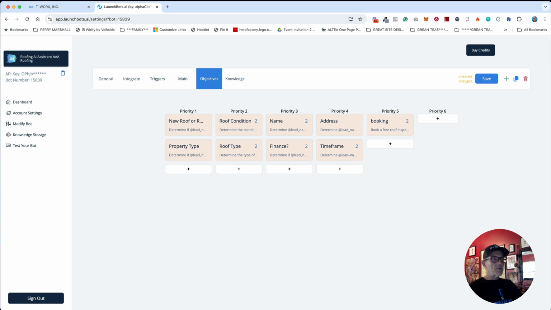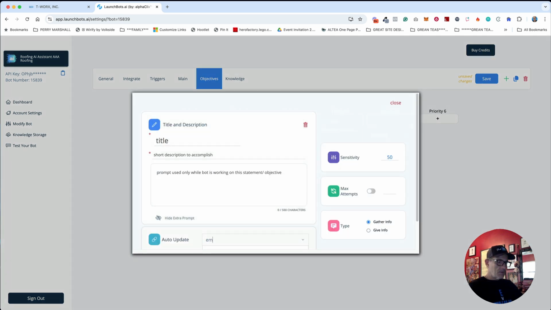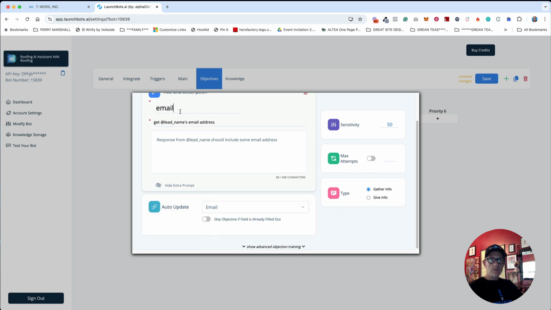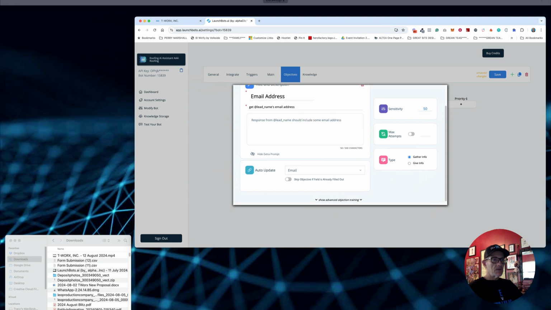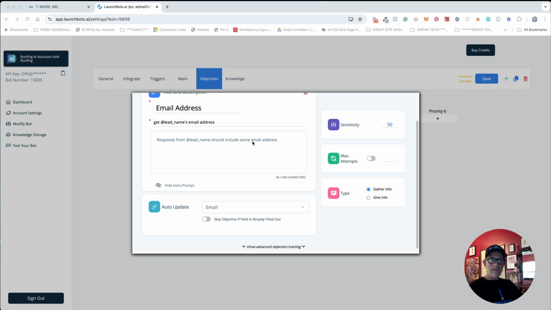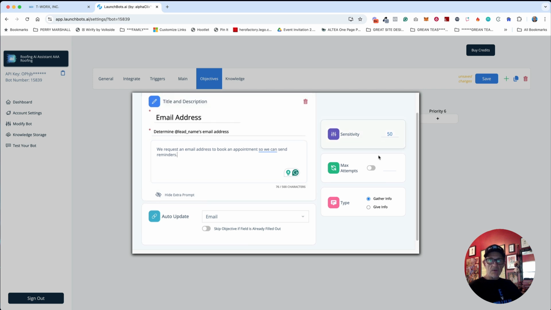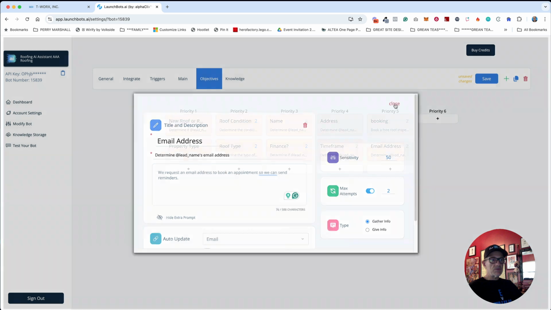And then we have a couple more. We want to get the email address for the booking. Email. All right, there we go. Email address. And we're going to ask the bot to determine @lead name's email address, and we're going to give it an extra prompt that it can let the lead know that we request an email address to book an appointment, so we can send reminders. We're going to set this to max attempts 2 for the email address,